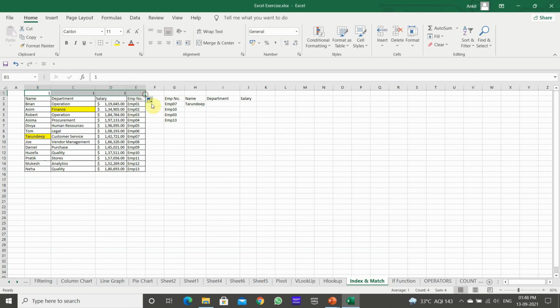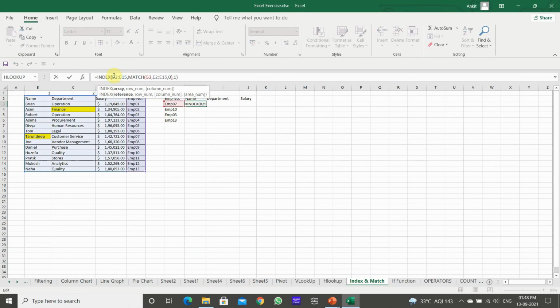Okay, now let's generalize it. B2 is the table array, we will block everything. G3 is the lookup value, it has G's column which is constant and the row is changing, so we will block the column, and it is the lookup array, so we will completely block it.